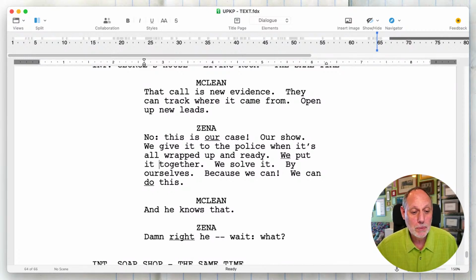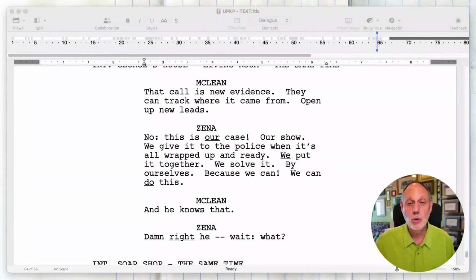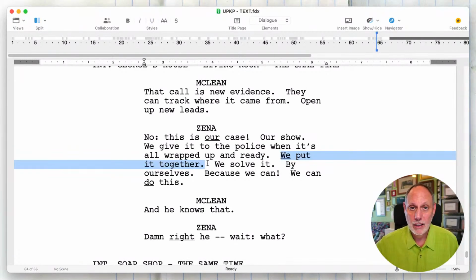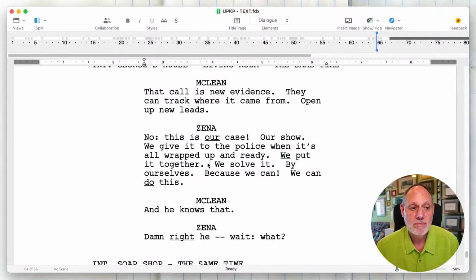I'll tell you a big problem, I don't know about you. I did not see that there was a word missing in this sentence. It's been months, right? We put it together. I just didn't notice that there was no "it" there. It's really hard to see your own writing. It's very hard. I know there's something wrong. I keep reading it over going, there's something wrong here, but I didn't realize what it was: a typo.